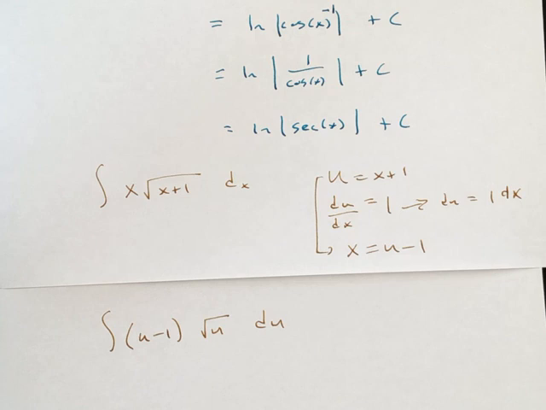So I can still use just the one substitution, I just have to use it in two different ways. There's an example in the text that's very similar to that, but they end up with a u minus 1 quantity squared out there,